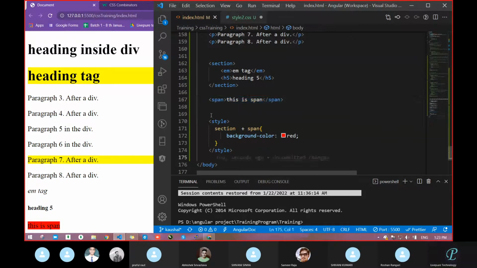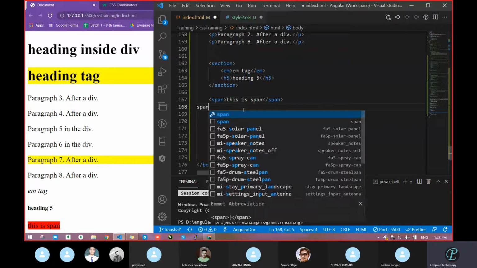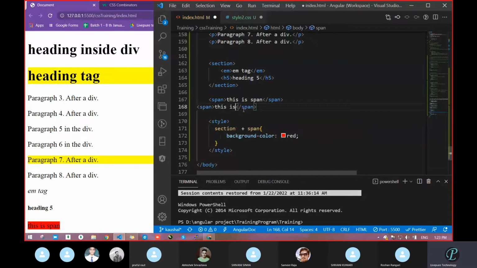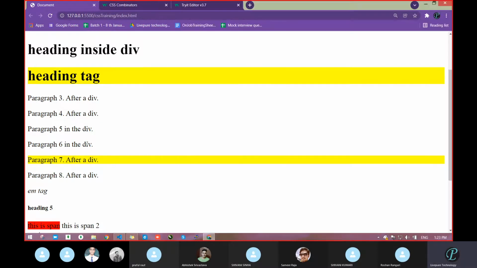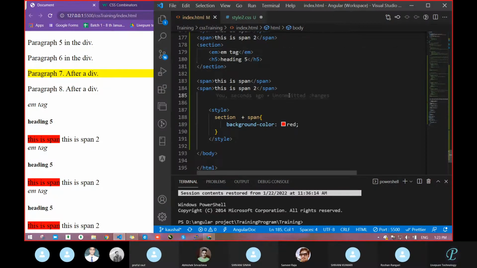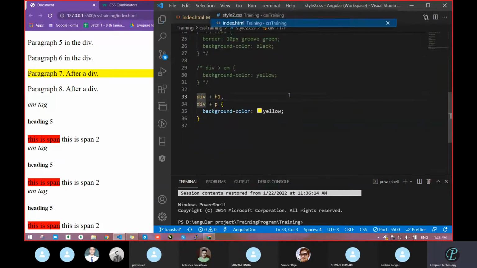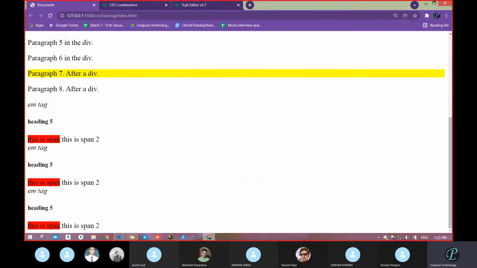Now see. Suppose in this section you pass one more span. This is span 2. Now suppose this one. How many times have I written it? Like 3 times. Now check on our UI. Oh, I already saved. Now what happened? Whatever this is, a span after a heading,